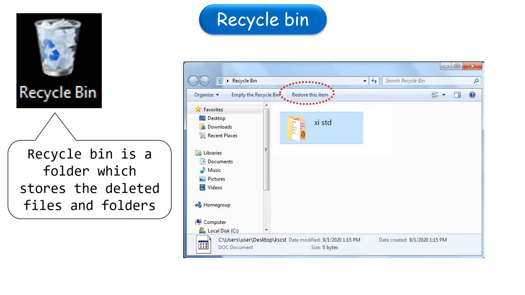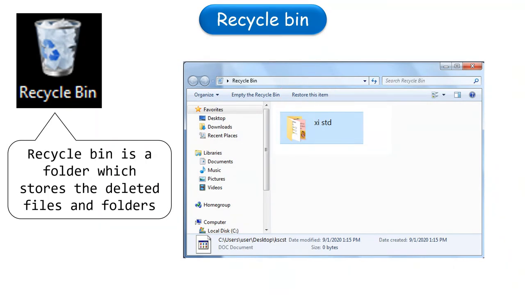Restore this item. When you select a file or folder in this window, you can use this option, restore this item, which means the deleted item you can again restore to its previous location. That is the location from which you deleted that particular file or folder.